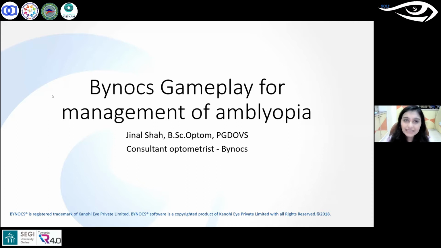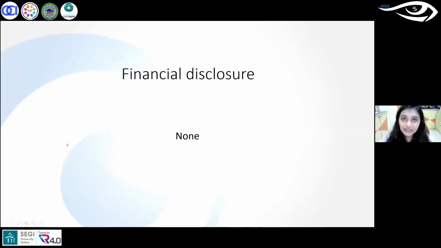So today's case, as you all can see, is how we used Binocs to treat amblyopia in our patient. Before starting the case, I would like to say that there is no financial interest for me in this. Although I work at Binocs, I am just here to share with everyone how we used the software to treat